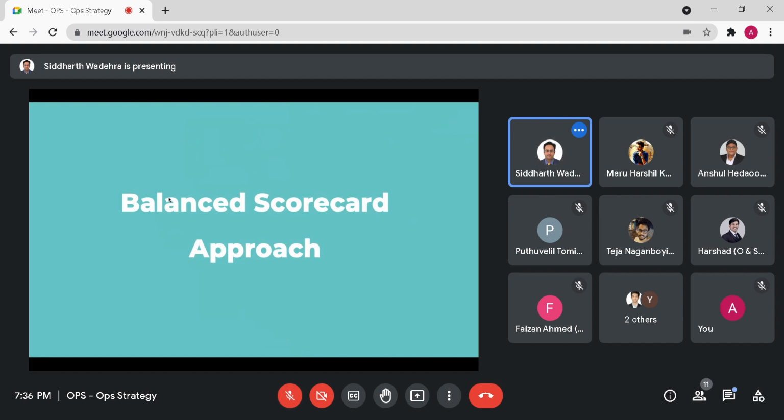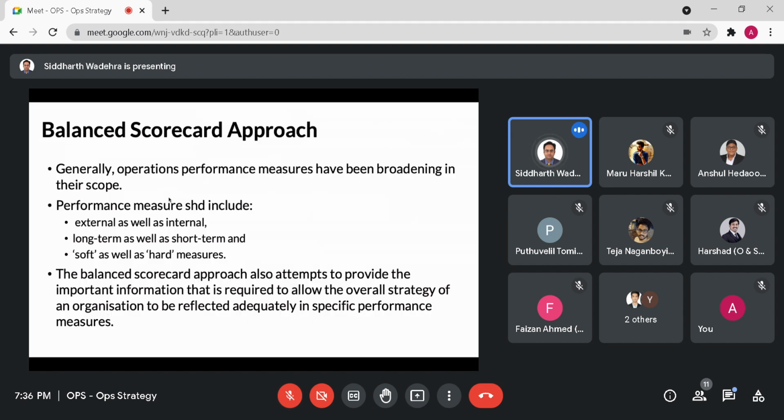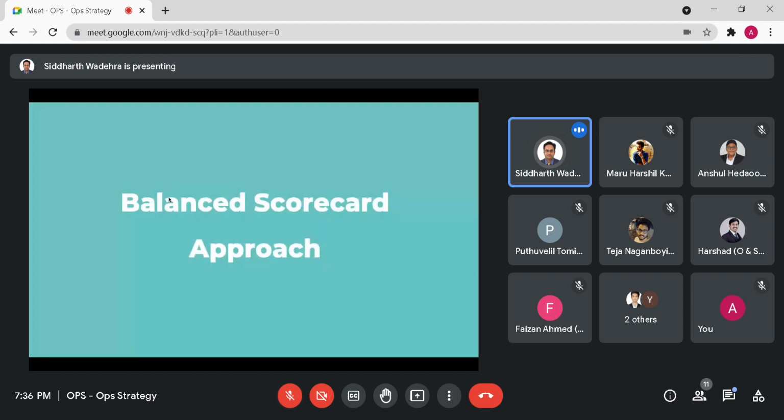All right. One final thing which a lot of us look at when we are looking at monitoring and control, and I think this is beyond just operation strategy. I'm sure you would have heard about the balanced scorecard in some other classes, but it's typically an approach which most consultants even till today use when they are evaluating or monitoring the performance of any particular process. That's when you look at the balanced scorecard approach. And this is so true for operations, and it is true for what we do in digital transformation also.